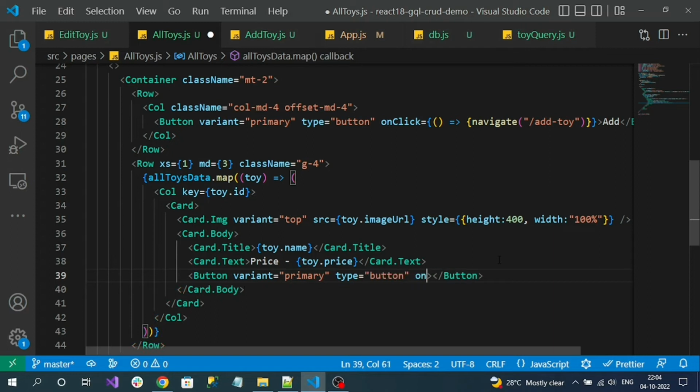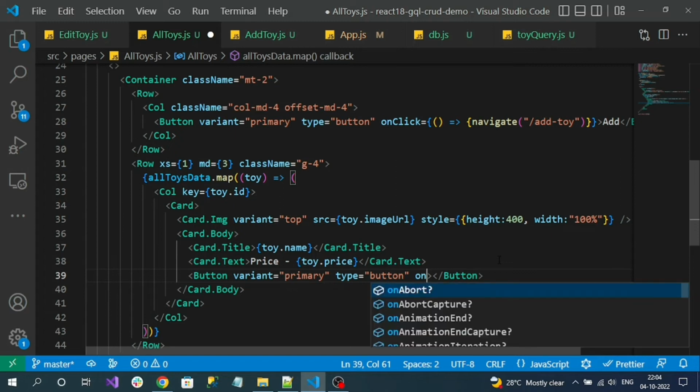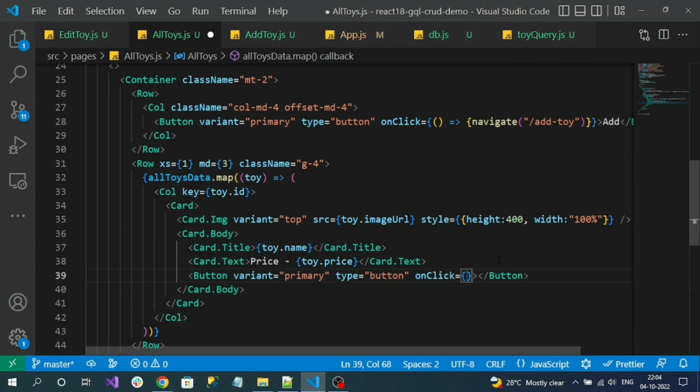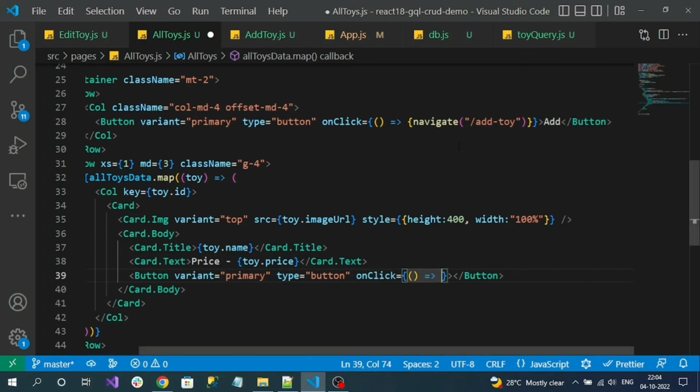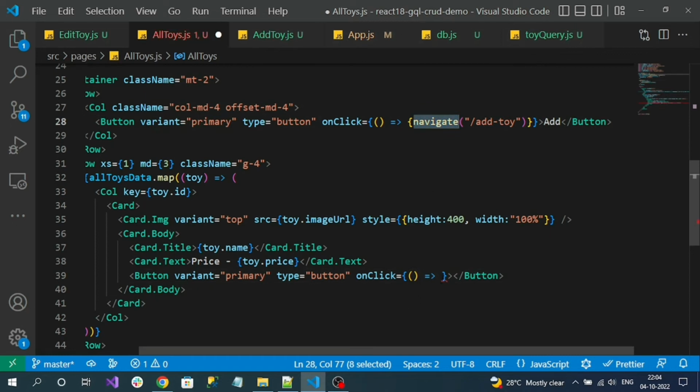On click, I can pass the route value. So I can use the navigate variable just like the add button. So navigate,